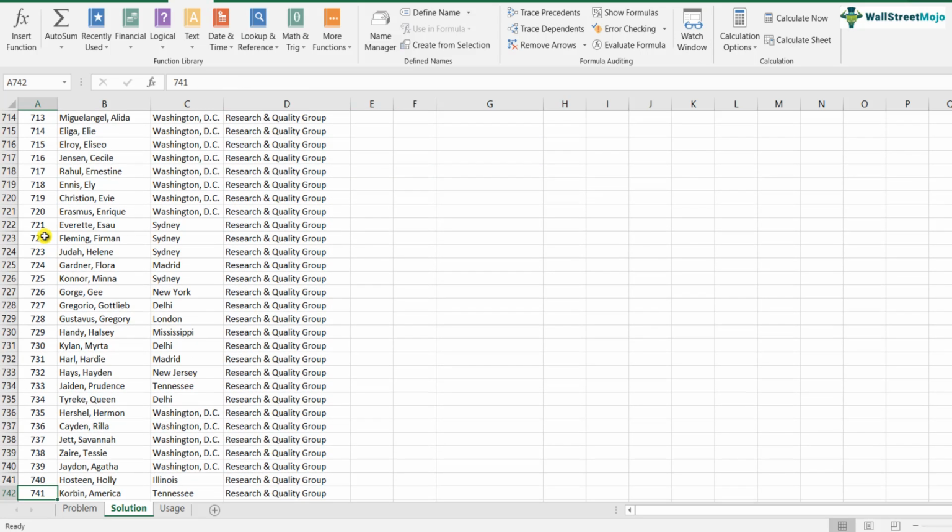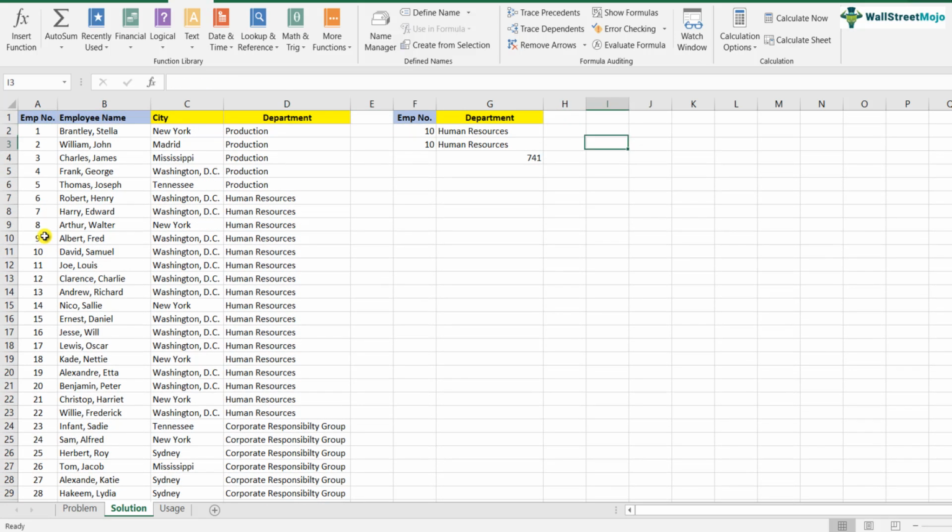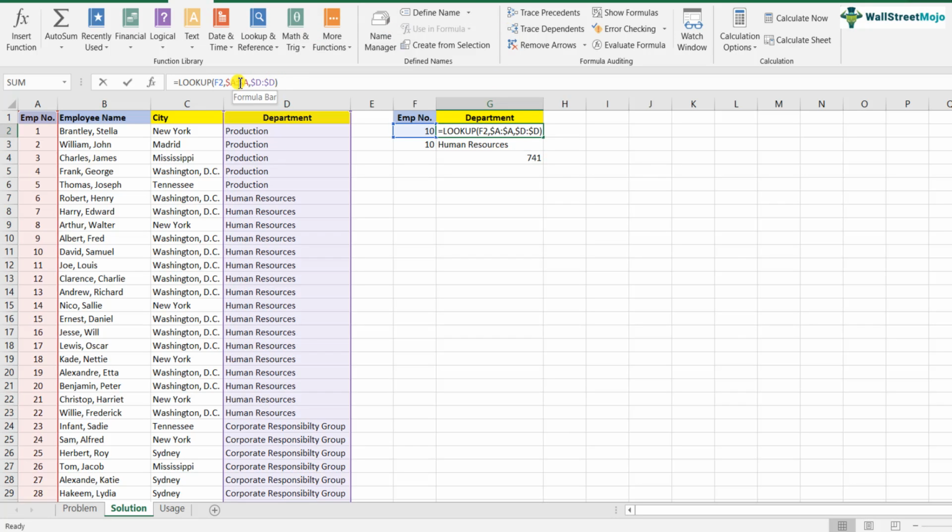Obviously let's check quickly. Yeah, the value is 741. So here basically what we did is, we tried a true false function where it will check each row and column and check for blanks, and in the end where it will find a non-blank where the true false function matches, then it will throw the last number, which is 741. So in this way you can find out the most important part, where you need to find the last value of the entire database. So simply put, this is lookup with 3 types: the first one is with the result vector, the second one with the array, the third one finding the last value.